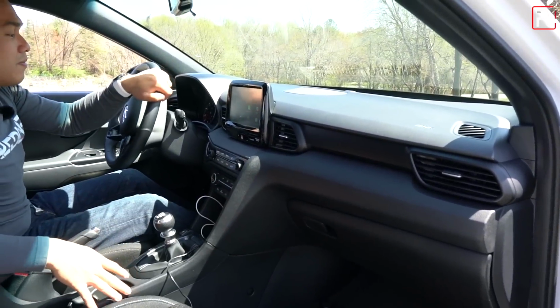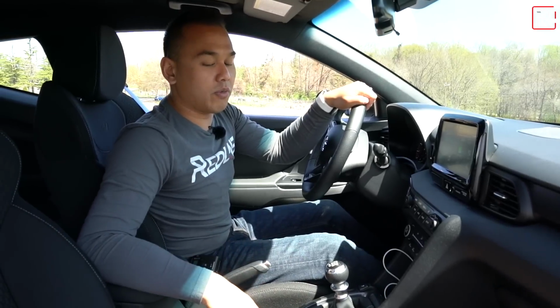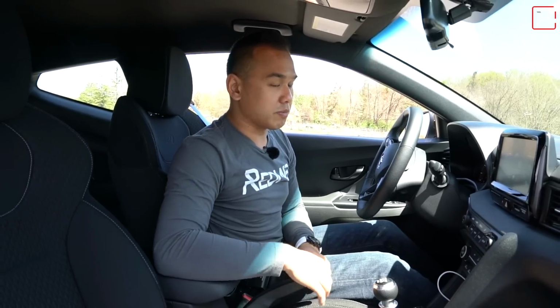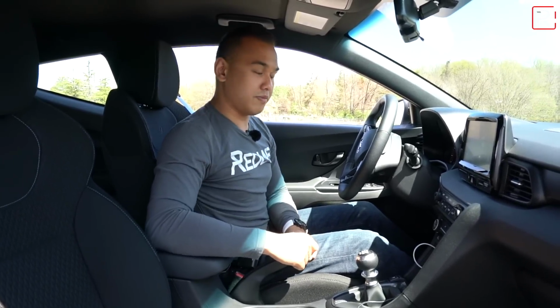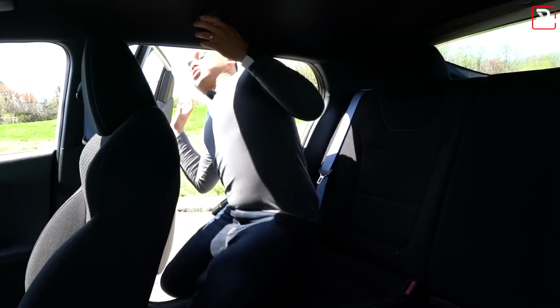But overall, the interior, I think Hyundai should consider offering an ultimate version of the N where they give you some more features like a sunroof, better looking seats, better interior materials. But again, this is all to a price point, but let's hop into that back seat and see how it compares. Now getting into the back seat of the Veloster, you're gonna wanna do it from the passenger side,